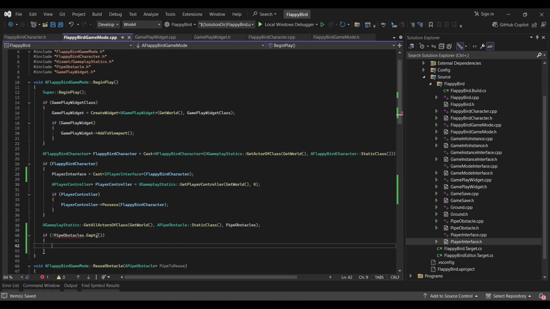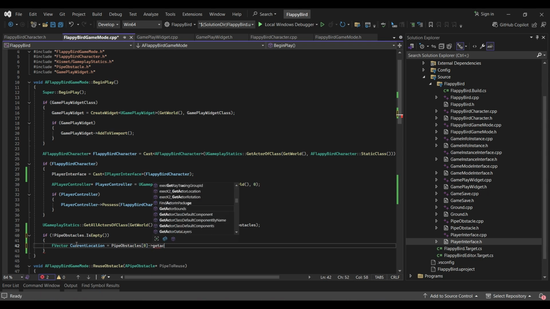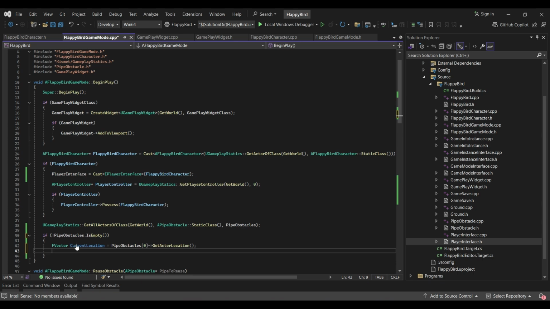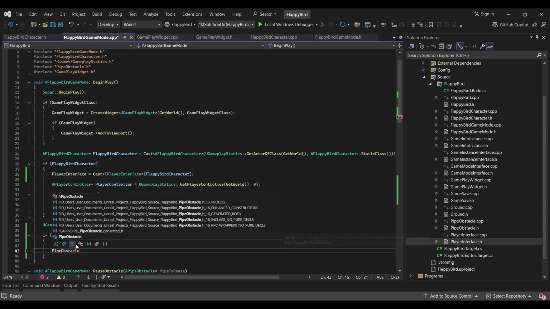F vector current location is equal to pipe obstacles index 0, the first one, get location. Get location only, no dot x, just get location. Now pipe obstacles,